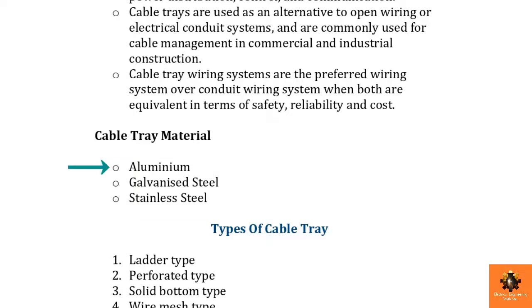Aluminium trays are light in weight and have a good strength-to-weight ratio, so they can be used where light weight and good mechanical strength are required. Whereas stainless steel trays have high mechanical strength, but these trays are more expensive. Generally we go with galvanized steel because it gives mechanical strength and it is less expensive. But it has heavy weight and a rust problem, which are considering factors. As per the site requirement, we have to choose our cable tray.